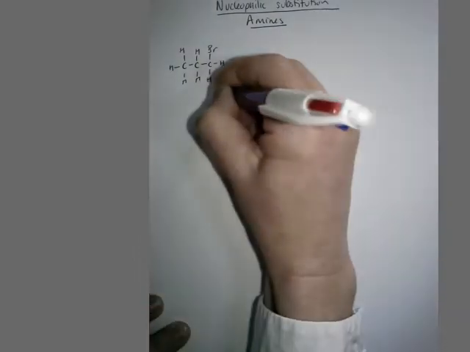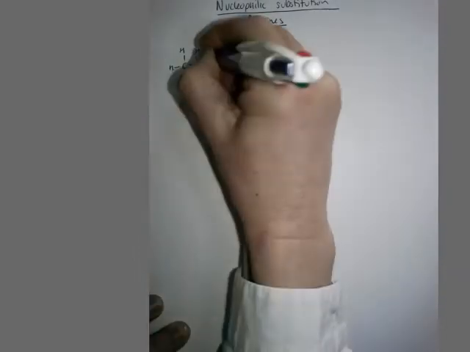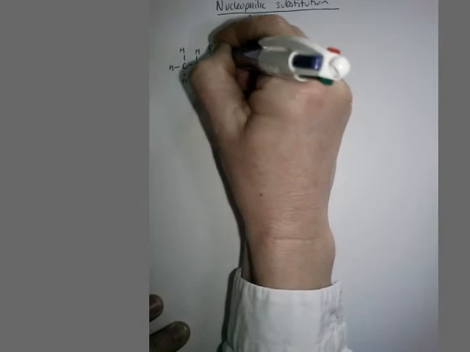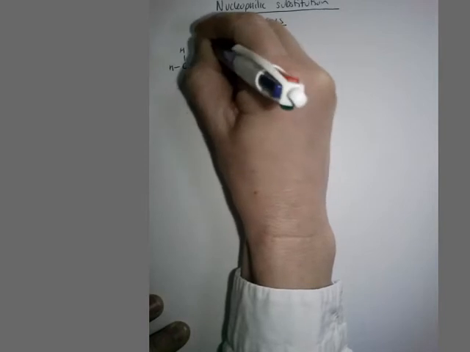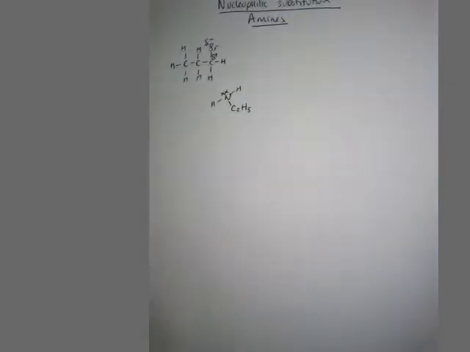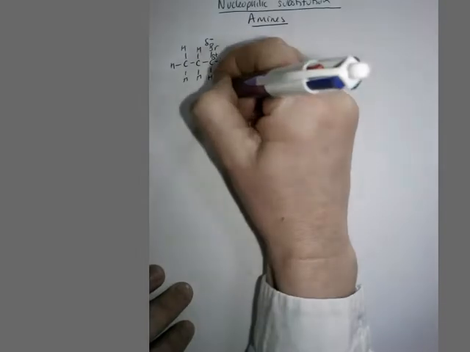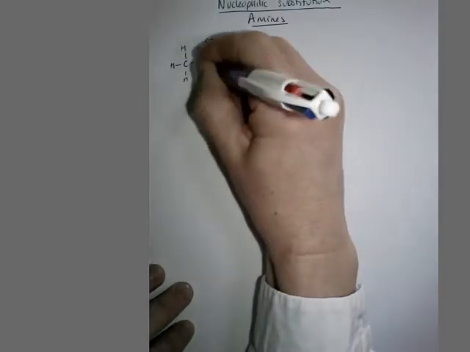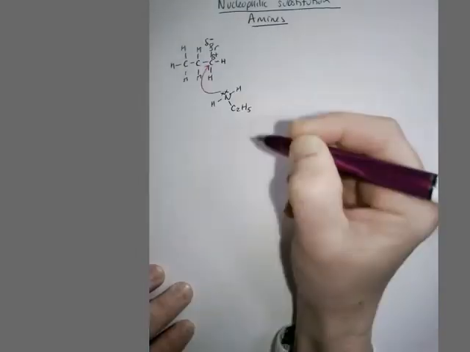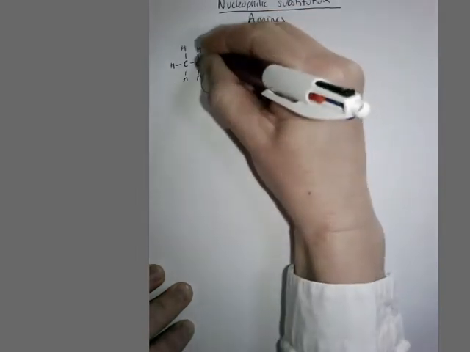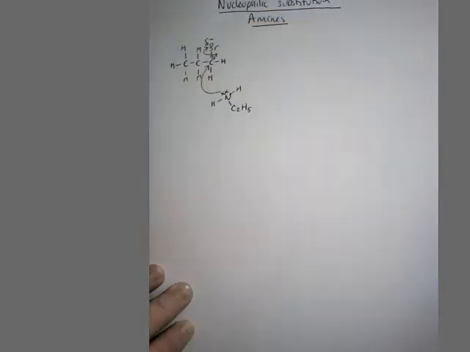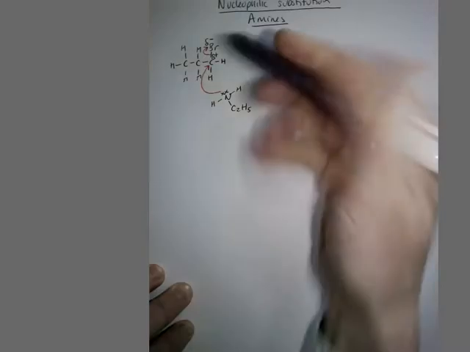So in the first step, lone pair from the nitrogen, I must remember the partial charges of course on my halogenoalkane. In the first step, the lone pair from the nitrogen forms a new dative covalent bond with the electron deficient carbon, and this causes the bonding electrons from the CBr bond to be pushed towards the bromine. So we end up with our product, which is,